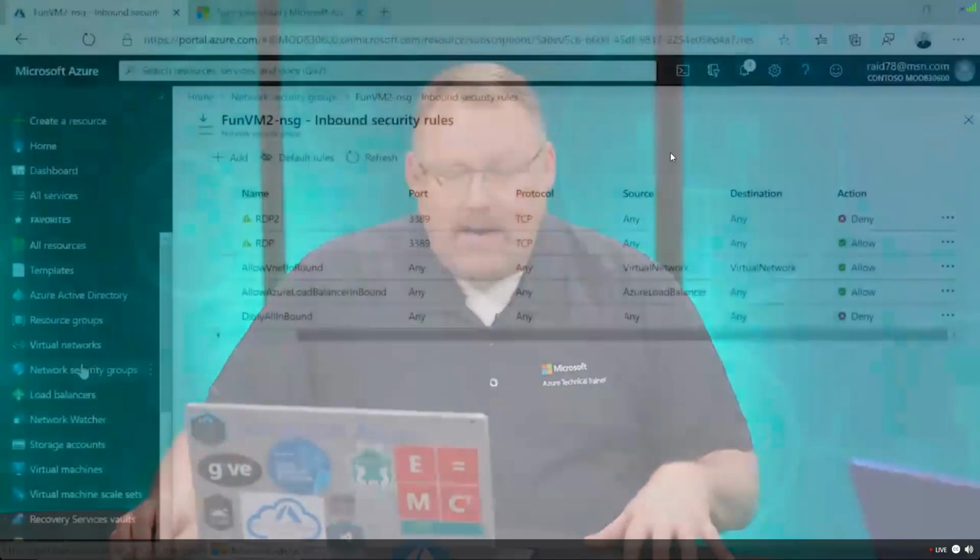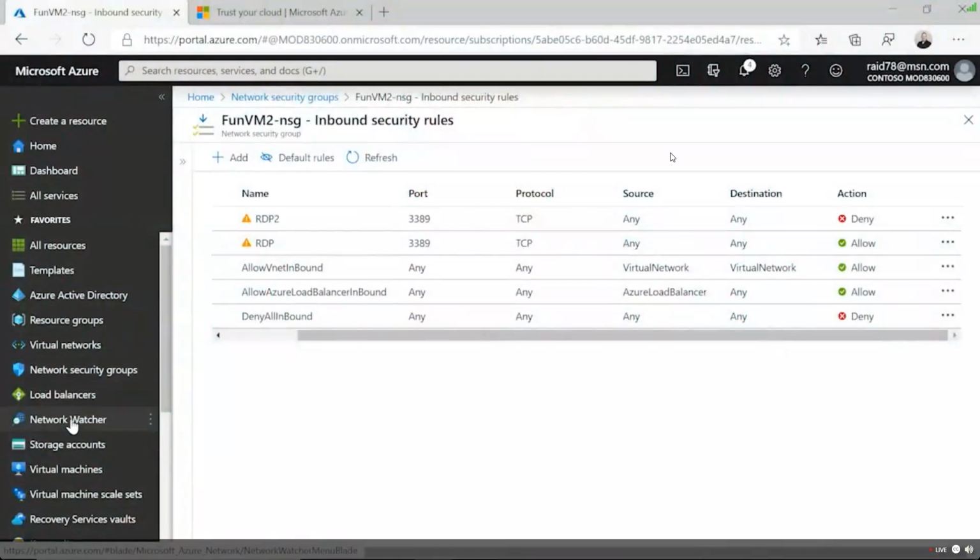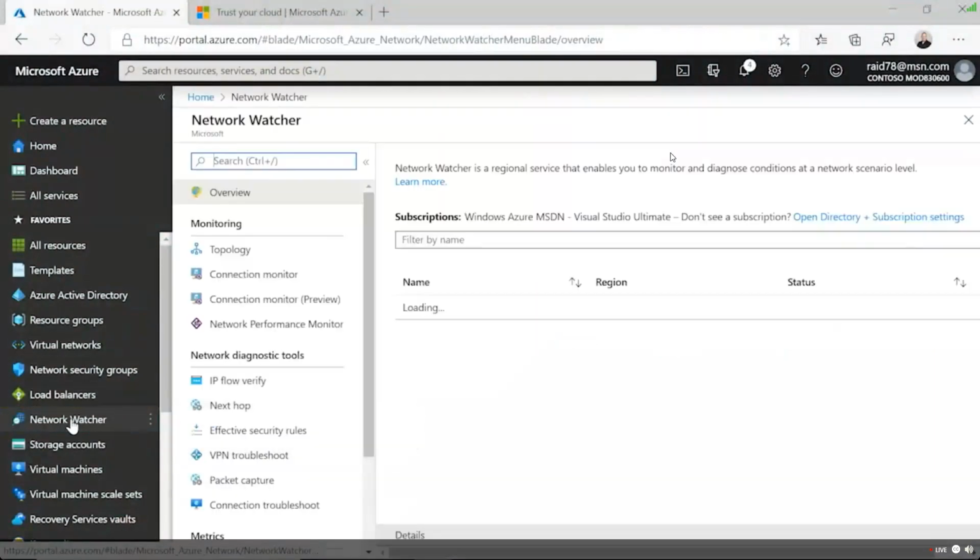We actually have an amazing tool inside of Azure called the Network Watcher. So let me show you this tool. If I go into Network Watcher, it's a troubleshooting diagnostic tool. Now, it does a couple really cool things that I want to show you. One is effective security rules. I'm not going to show you that because in my demo, I don't really have a lot. It would just repeat what you've already seen.